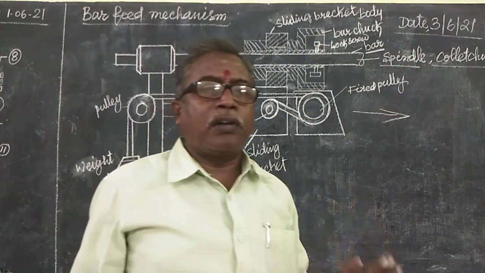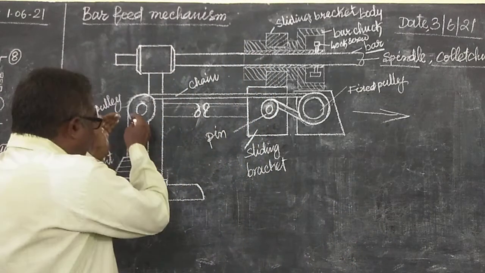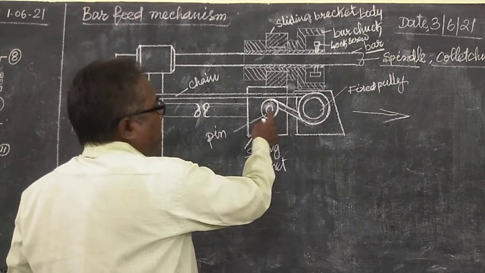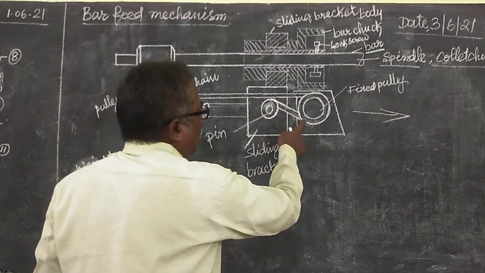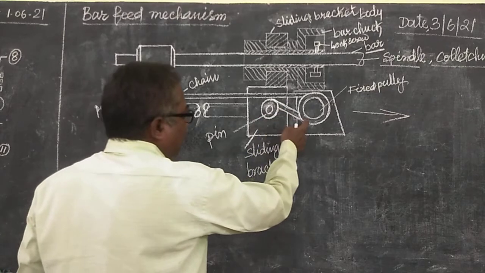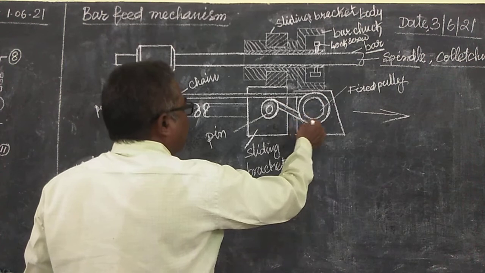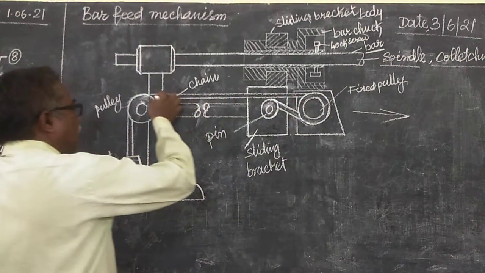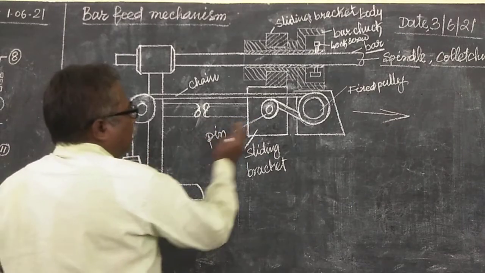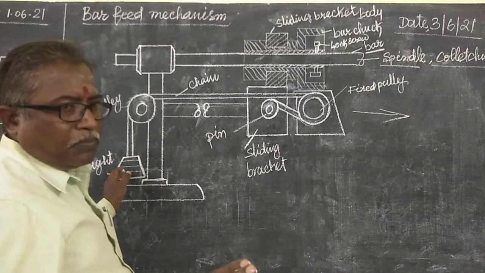This is the bar feed mechanism. Think that when the load is hanged here, the pressure exerts on the pin. Always the pin is pulled by the weight. The pin is connected here. This is the fixed roller. The roller is rotating, but this will not move. Then this is coming like this and like this. The weight is pulling like this. Because of the weight, the slide will move that side, not this side. So keep that in mind.